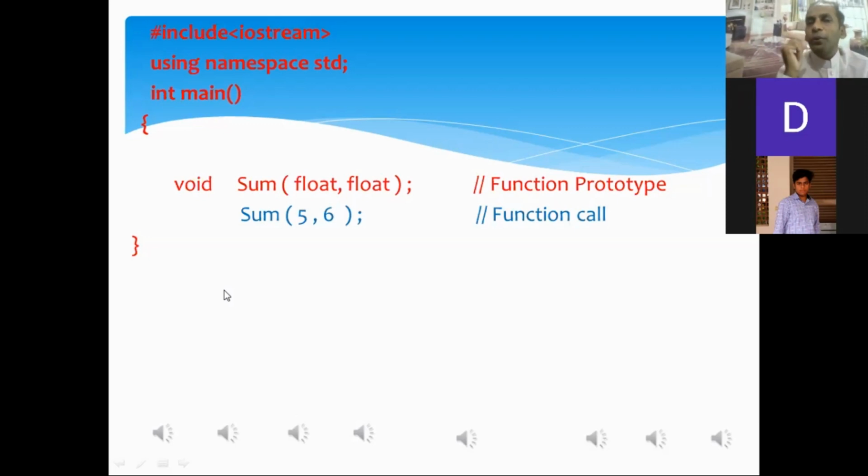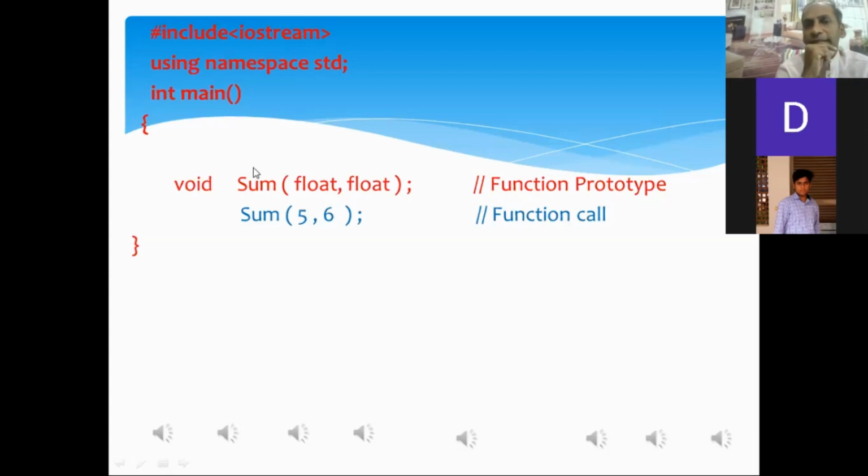Now, a very interesting thing. If you take yourself back to the last session, I did tell you what the header is: void sum, in the braces float comma float, braces end, and the semicolon. This is the header of the function.